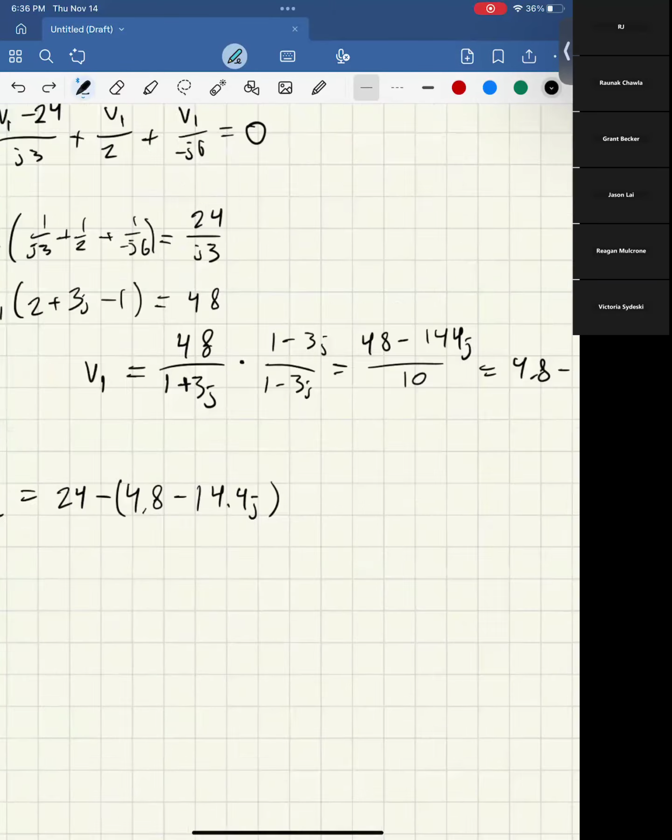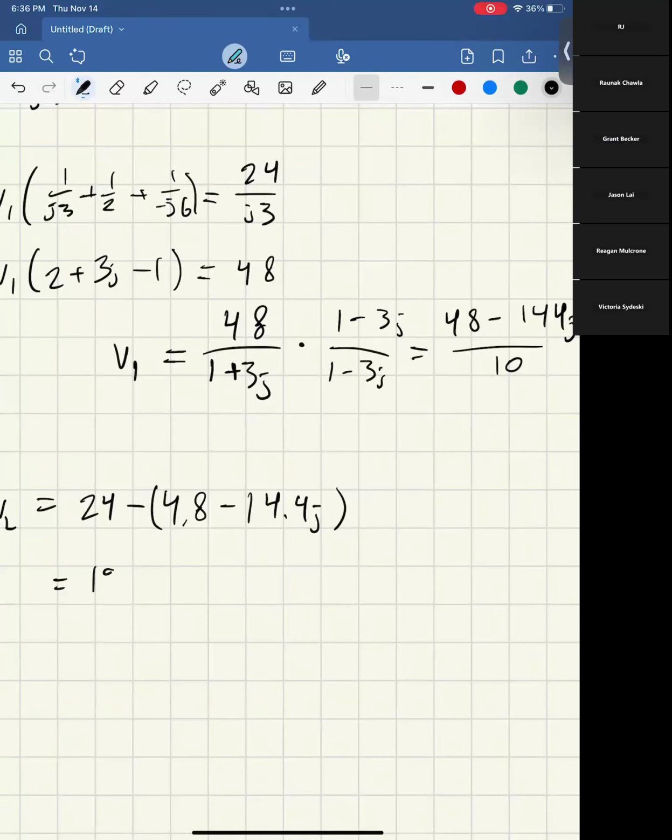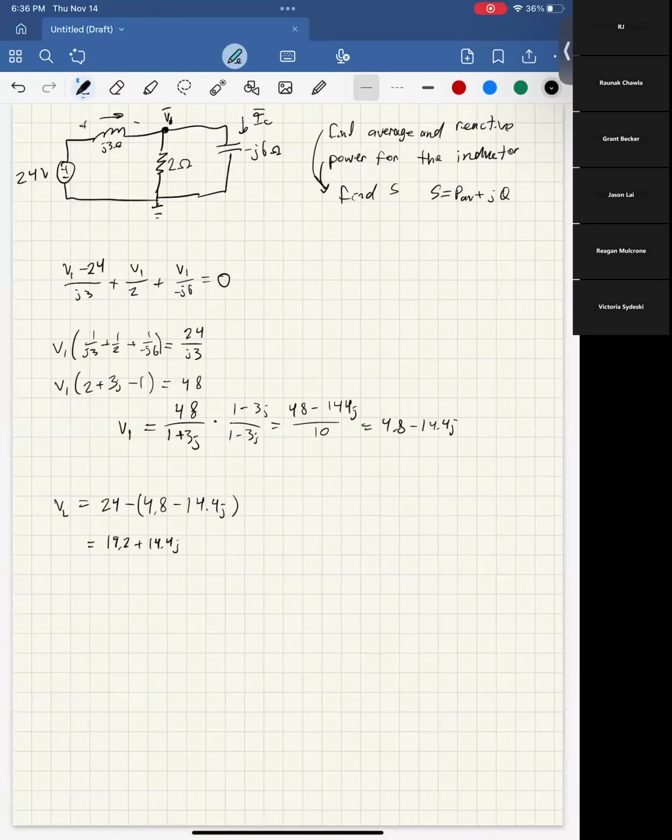Okay, so you do this, and you get 19.2 plus 14.4 j. And that's our voltage difference across the inductor. So then if we want to find the current through this inductor, first it would be better to have this in phasor form. So we can say V_L is going to be equal to, and then use your equations, the angle is going to be the tangent inverse of 14.4 over 19.2,